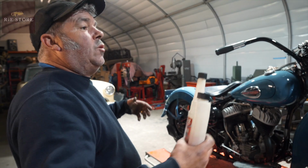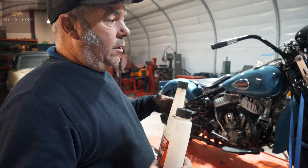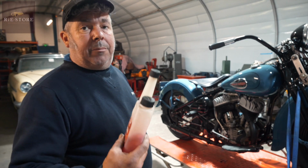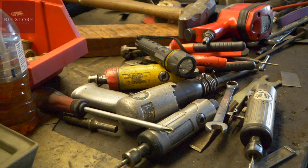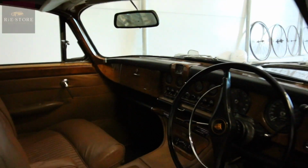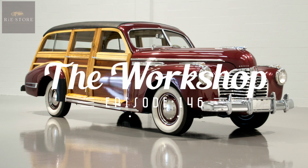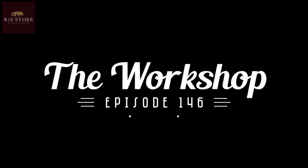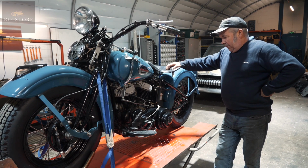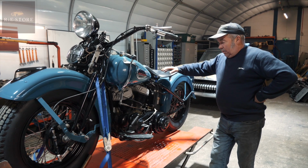Like if we're in a situation, like on some of Gordon's cars or Mark's bikes, if you're trying to sell it and it's sitting around for a few months, always put some of this in it. If you've had your bike laid up for a year, 2 years, whatever,